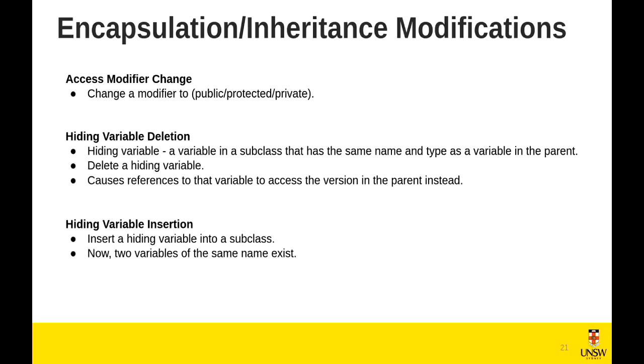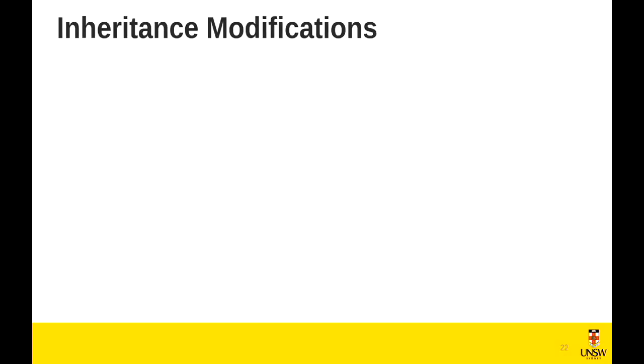And the effect is that when we reference a variable through an object of this family of classes, instead of referring to the variable in the parent class, we are referring to a variable in the child class. So these are some mutation operators we can do for encapsulation and inheritance. And for inheritance, we can do more mutations. So the first one, the other one is